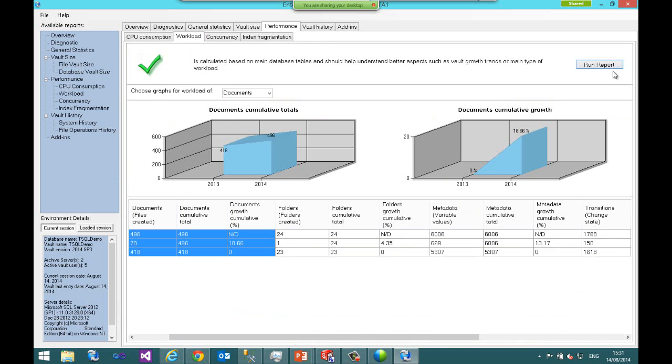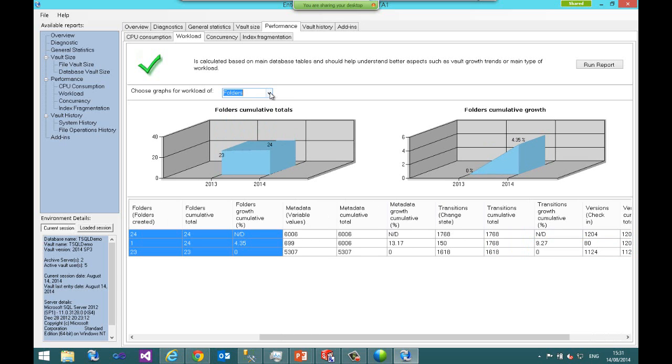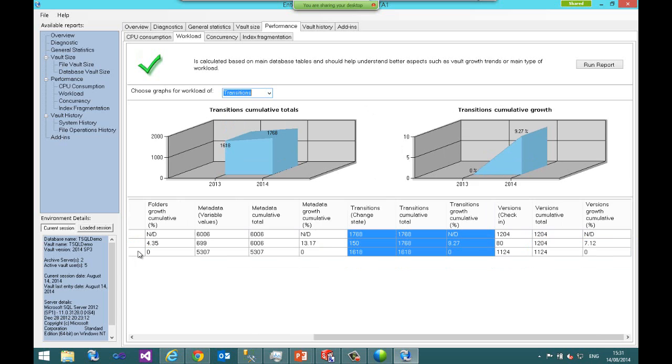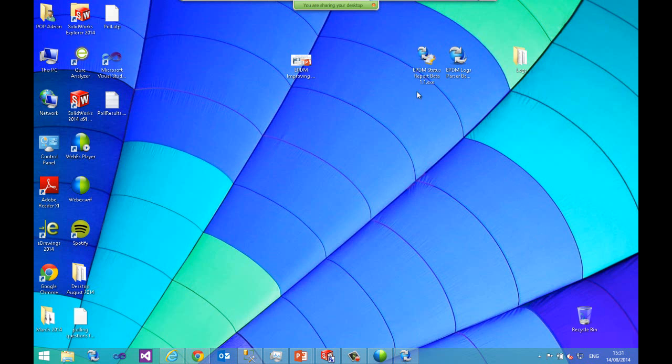Here is a report about the workload. In this report there are several categories that we can look at, like metadata, to see the cumulative total, cumulative growth in percentage, and so on. And this is per year. For concurrency, this particular vault doesn't have concurrent incidents, so there's nothing I can show you. However,